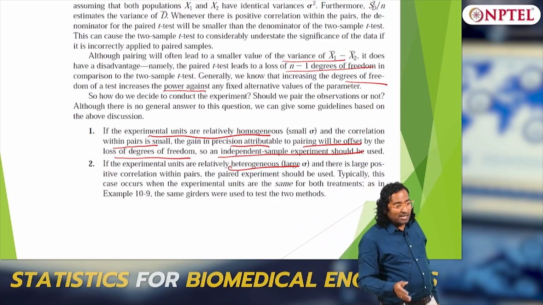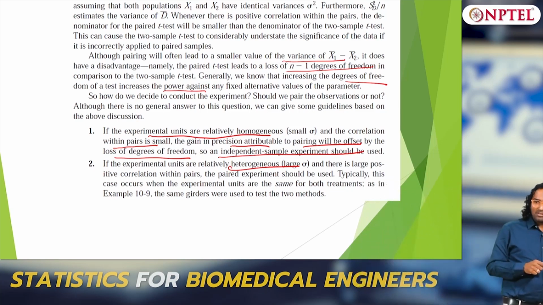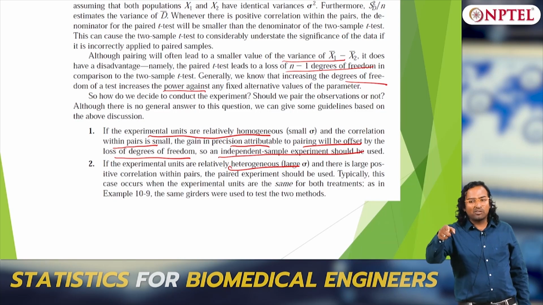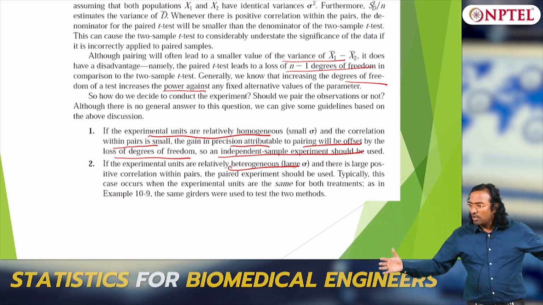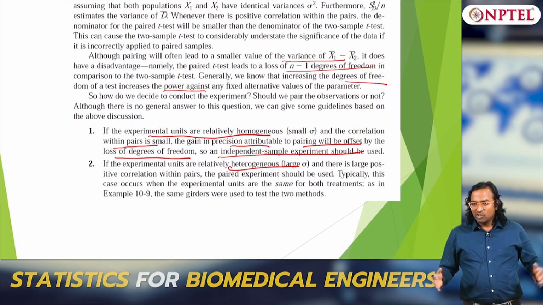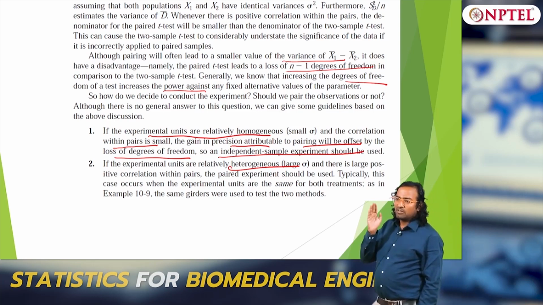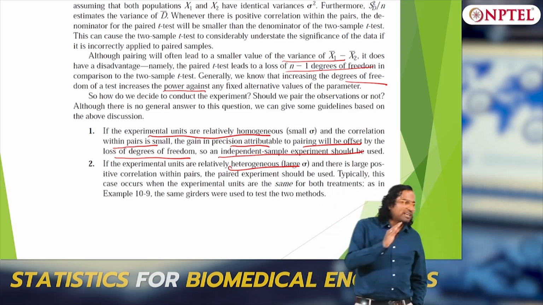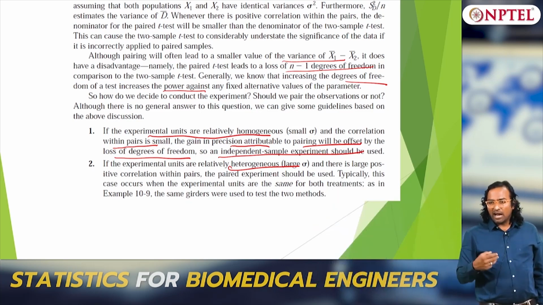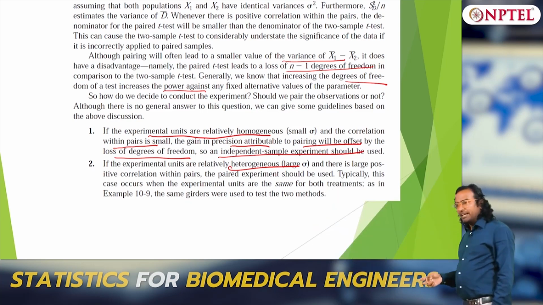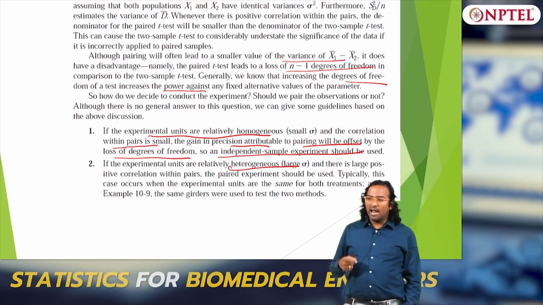In biomedical it is even more complicated because of the time aspect itself. I cannot take your ECG 10 minutes later and compare it with the one from 10 minutes before, a lot of things would have changed, right. So the way in which you conduct experiments is restrictive, that is the first thing, and you lose degrees of freedom, that is the second disadvantage. The advantages, of course, are that it ensures homogeneity of samples,